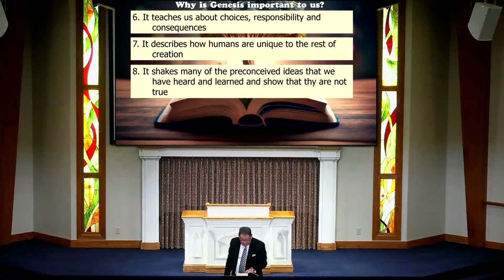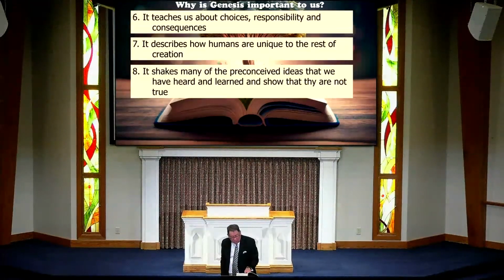And God called the dry land earth, and the gathering of the waters he called seas, and God saw that it was good. Verse 11, then God said, let the earth sprout vegetation, plants yielding seed, fruit trees on the earth, bearing fruit after its kind, with seed in them, and it was so. Now, do you notice something different between verse 11 and verse 1?